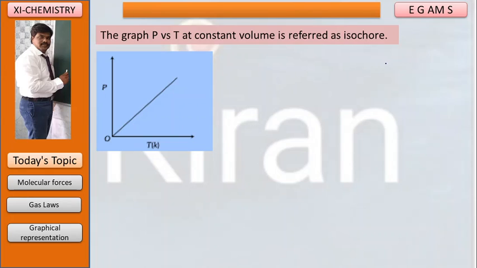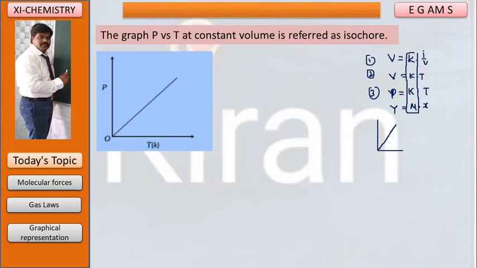So the three forms we have given: number 1, V is equal to K into 1 by P. Number 2, V is equal to K into T. Number 3, P is equal to K into T. These three equations give the same graphical representation, because all these equations look like y is equal to m dot x. Here all these K values are slopes,